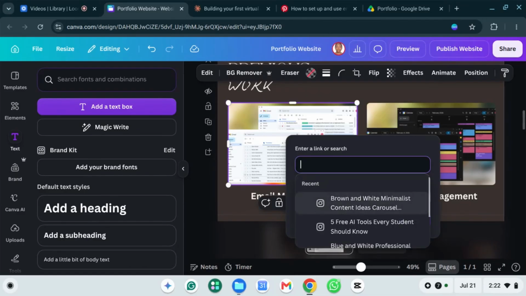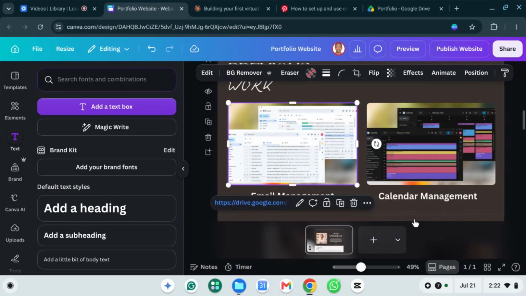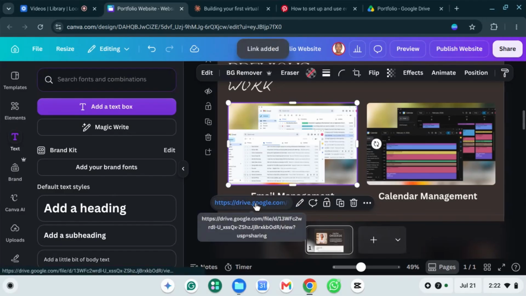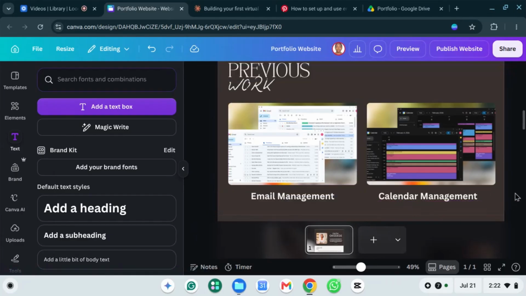You paste the link on it and click on done. Now, if I click on this link, it takes me to another dashboard that shows the project I did for this particular client. I said if you don't have a past project, use your previous project you did during your class,